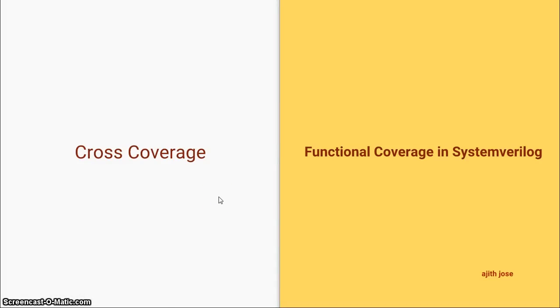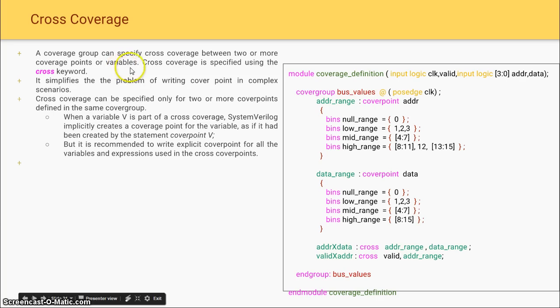Cross coverage in SystemVerilog. Till now you have learned how to define a cover point and explicit bins for the cover points in SystemVerilog. Now you will be learning how to define the cross product of two cover points that is already defined in a cover group. A coverage group can specify cross coverage between two or more cover points or variables,